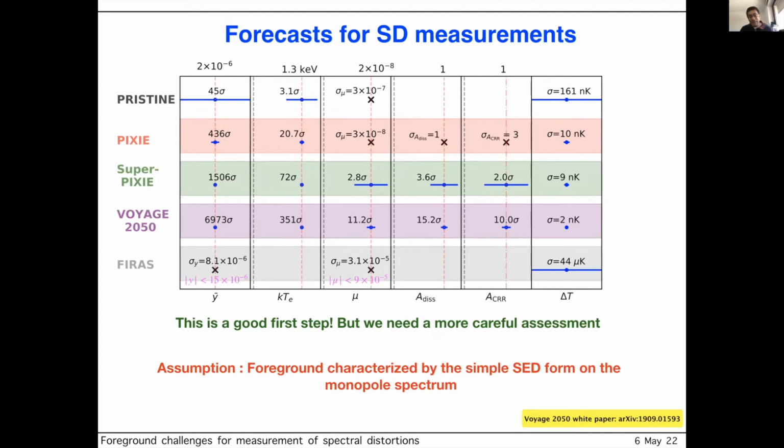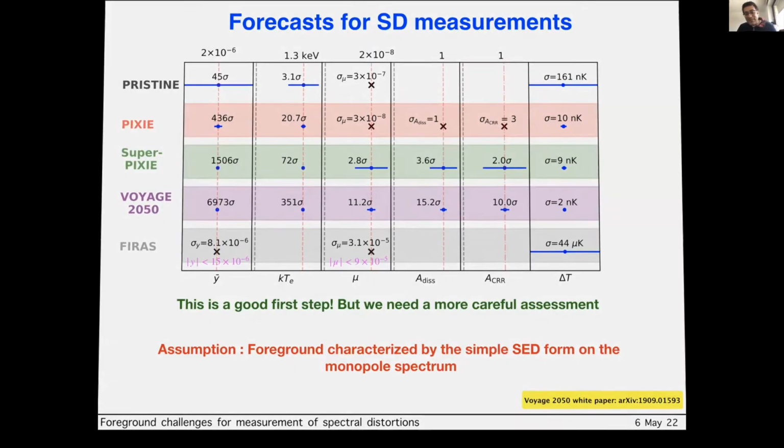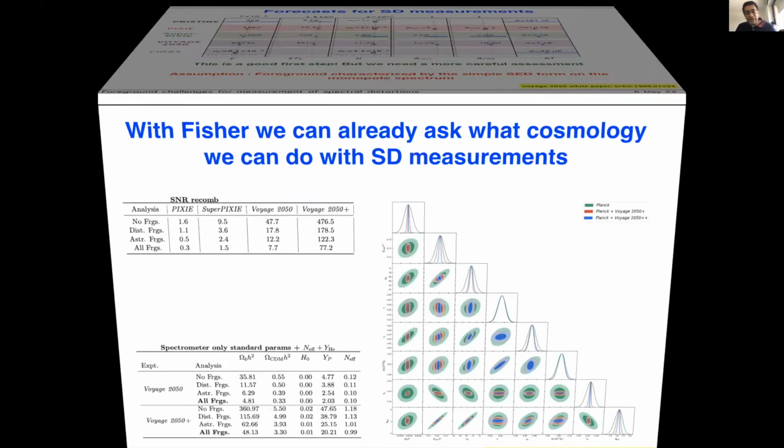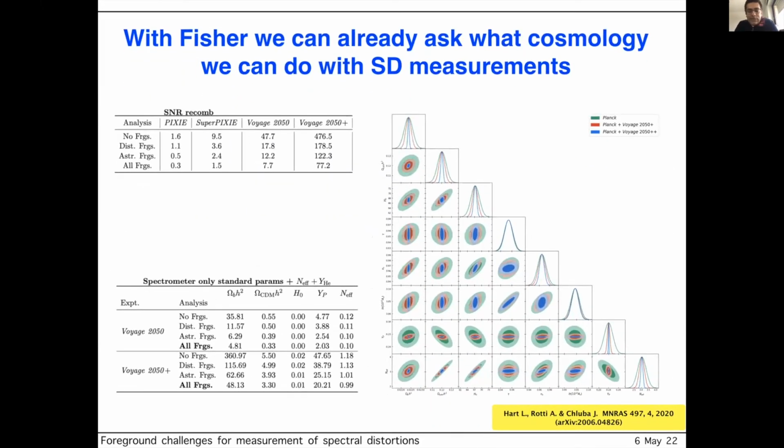Okay, and the main reason is that you cannot be assuming that foregrounds are characterized by the simple SED form on the monopole spectrum. So given this Fisher setup, not only can we now do assessment of how well we are able to measure these spectral distortion signals, we can actually become a little more ambitious, which is what we did, and ask, oh, if you measured the cosmological recombination lines extremely well, what kind of cosmological constraints now can you get from these